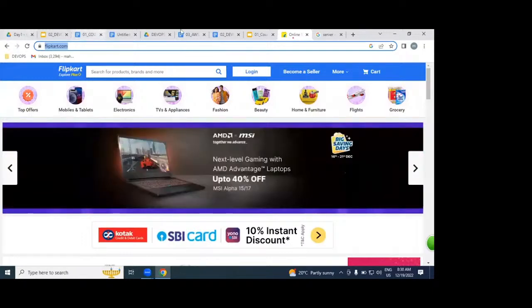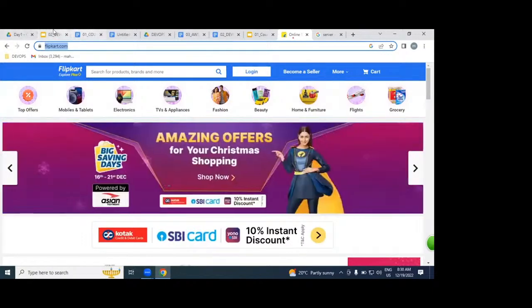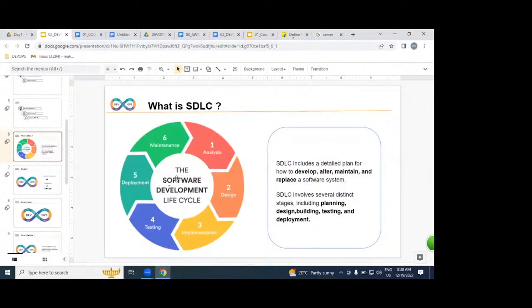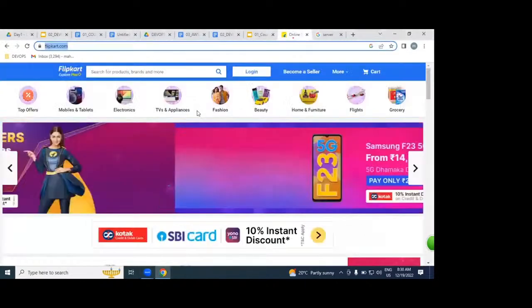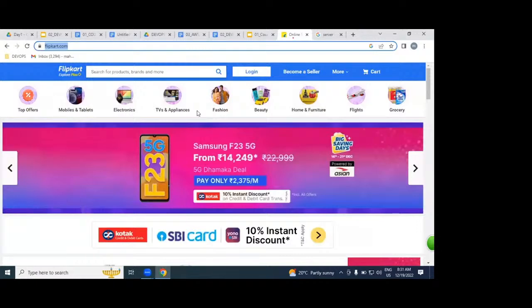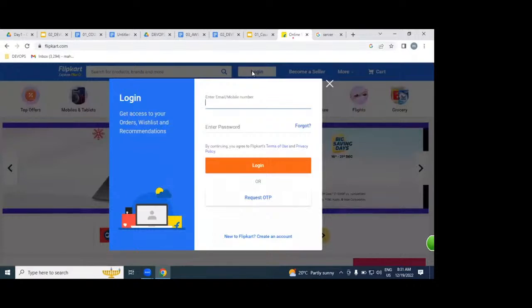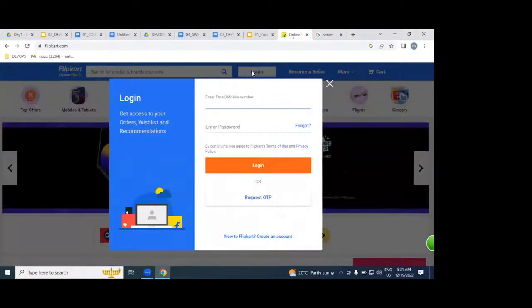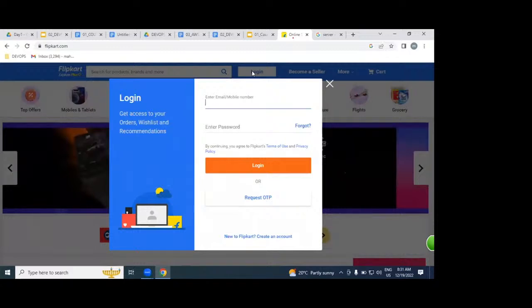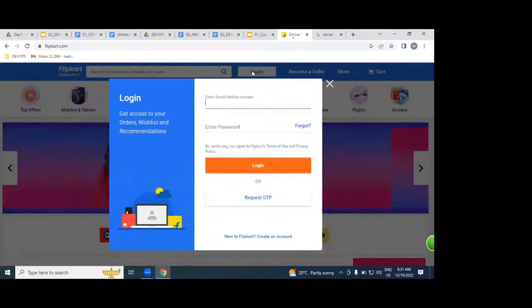The same way our website also. If you want to build this Flipkart kind of application, we need to follow all these stages. What is the first stage, guys? Analysis. Analysis is nothing but gathering information from the client. Who is the client here? Flipkart. What exactly is the business? How exactly the login page, how exactly the registration page, what is the payment gateway, the search page, how exactly tracking customers, each and every piece of information will be gathered from the client.